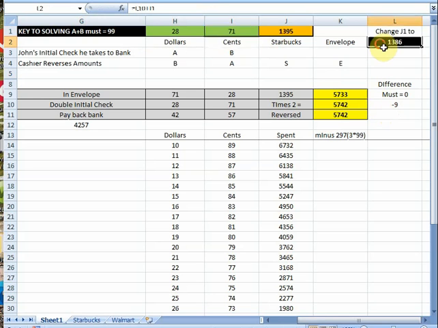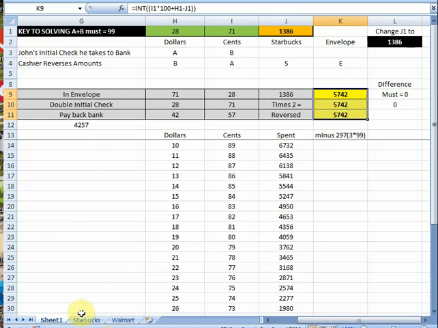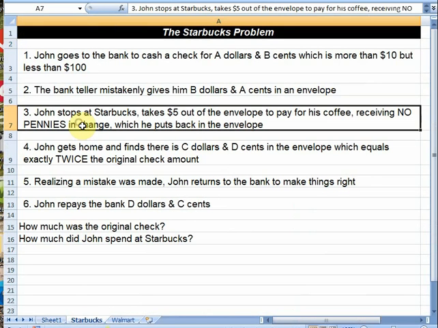So if you look at 1386, that's the 1395 plus the difference. So we change this to 1386. Watch what happens. All of a sudden, all three criteria have been met: 5742. In other words, 1, 2, 4, 5, and 6 match. But I want you to notice something. Number 3 does not match, because it says John stops at Starbucks, takes $5 out of the envelope to pay